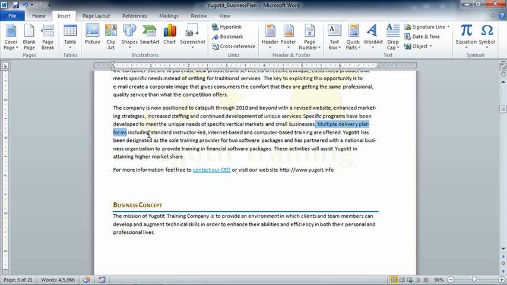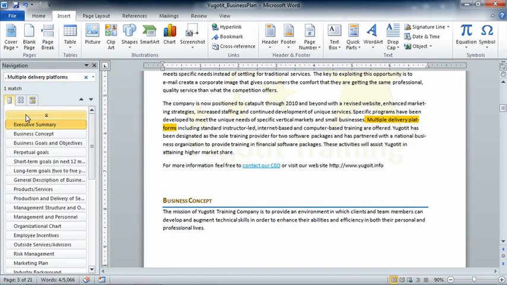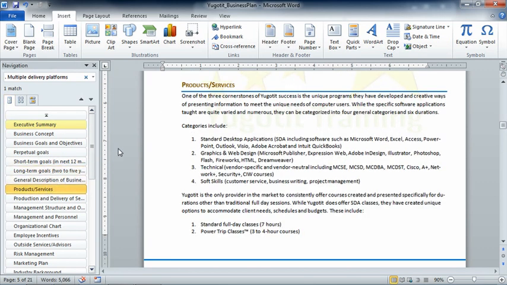Let's use our Find feature. I know we've done this a lot in this particular course, but it gets really nice in long documents to go ahead and find our products and services. Control F brings up the text. We don't want the text though, so let's go back to our headings. Here we can find our products and services. The hyperlink to go. So we'll click Products and Services,